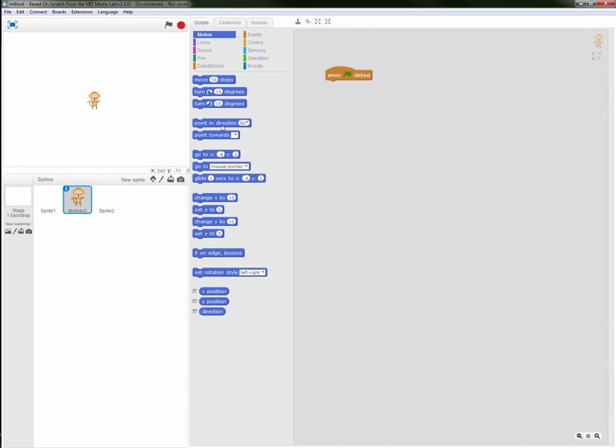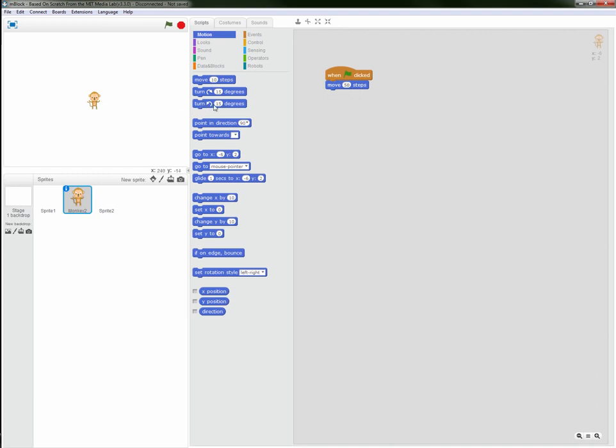I'm a monkey because I always, for some reason, want to deal with monkeys when we're writing code. Monkeys and bananas. I'll probably add a banana sprite in a minute as well. But we're going to have this guy just move around. So let's just do this basic program here. And we are programming. This is drag and drop programming. So we're going to move him 50 steps. And it's going to move this way. It's going to default to moving towards the, stay on the y-axis at 0 or wherever we are on the y-axis. And then moving positive